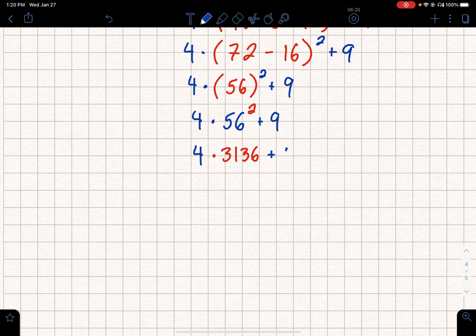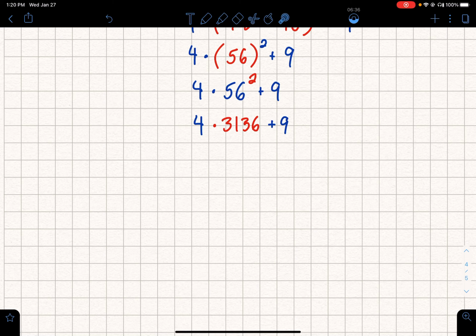plus 9. Okay, so we have no parentheses, no exponents, and we have multiplication in here. So that's going to be the next thing we do because that is the third step in our order of operations, the M for multiplication. So we're going to figure out what this number is. This is pretty big, so I'm just using a calculator now. I don't feel like doing this in my head. And 4 times 3,136 comes out to a whopping